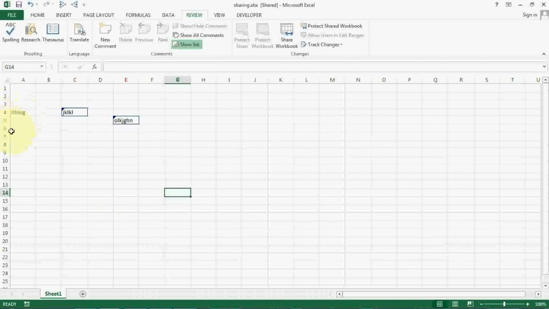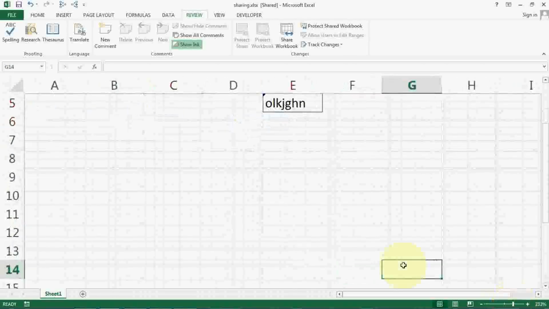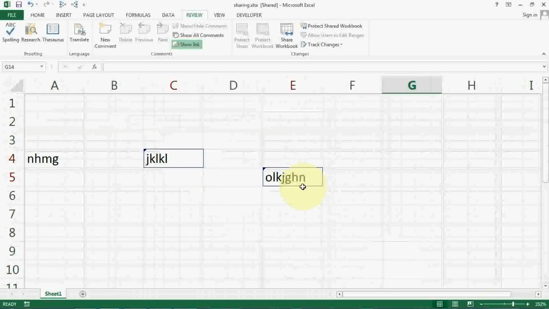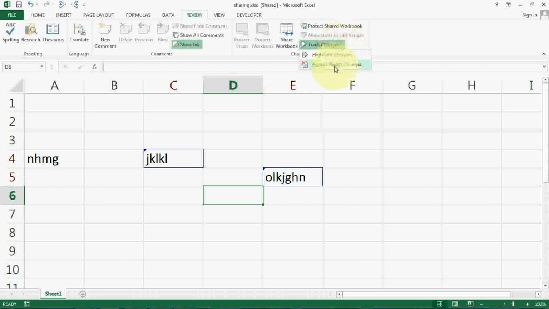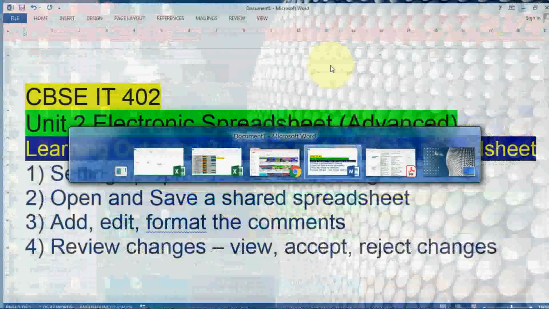Now you can see that whatever I have saved is not highlighted. But this is highlighted with a blue border cell. See, here you can see this blue border cell is coming. This is called highlight changes. Now how to review this one? For review, you need to click the accept or reject changes button. But before that, let me show you this thing.